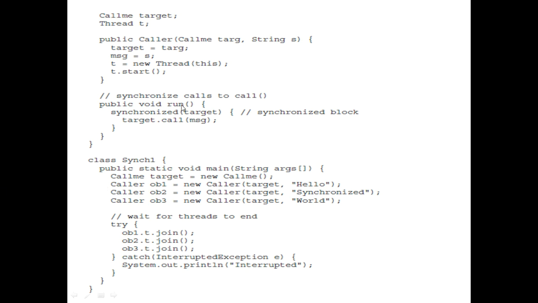So again it calls the run method. At that time the target, again you have locked that call method. So Synchronized within a pair of square brackets will be displayed, and then the control of the program will be given to the third thread which wants to display the message World within a pair of square brackets.